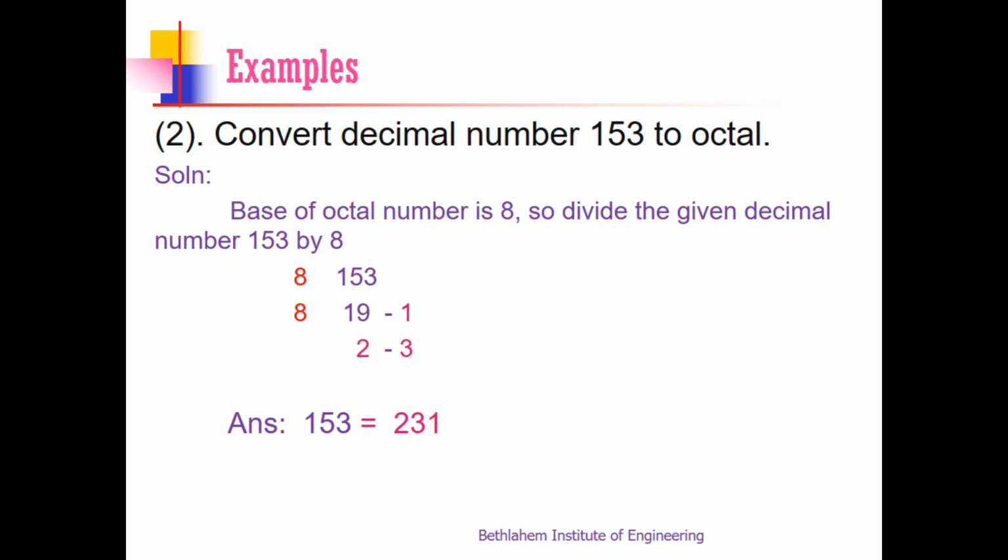And you are asked to convert to octal. So the answer is in base 8. So this is the procedure to convert a decimal number to octal number. Here only the integer part is given. So integer part means we have to follow the division method. For dividing, the divisor is obtained from the question.